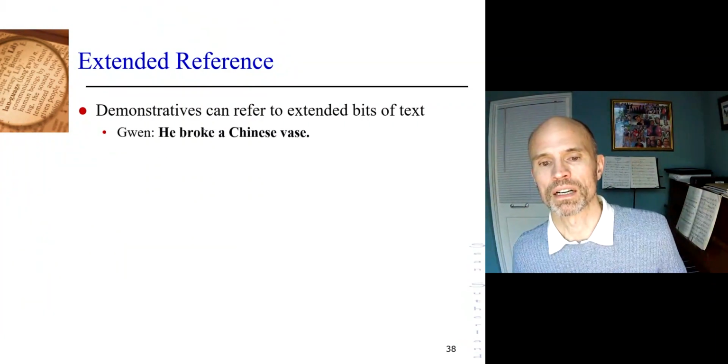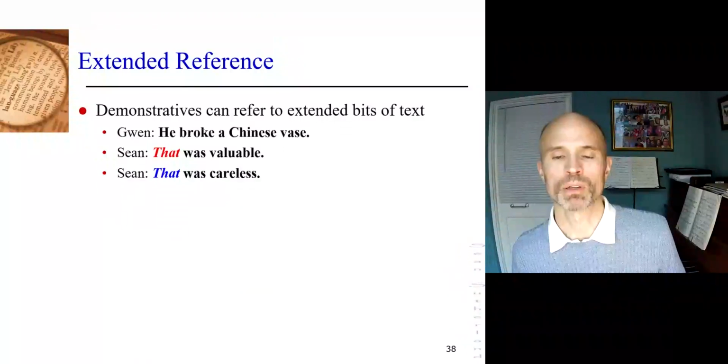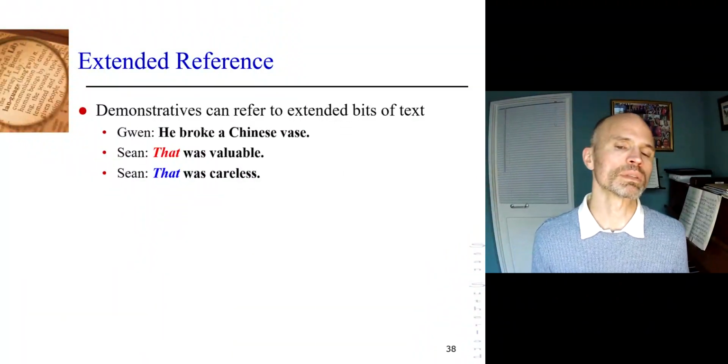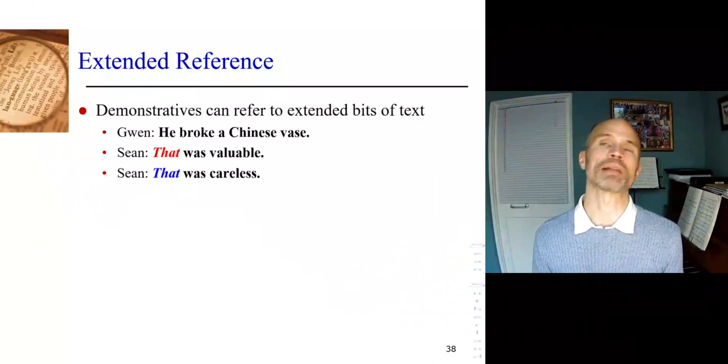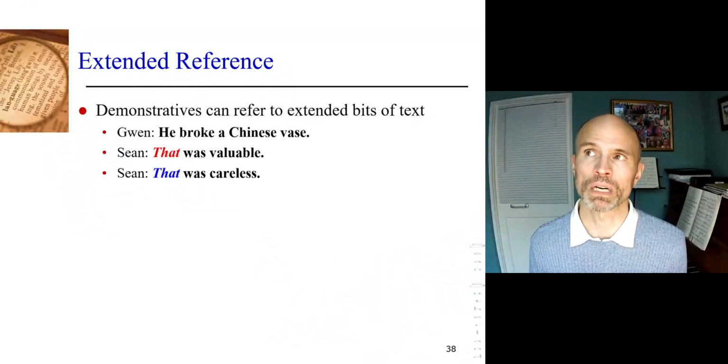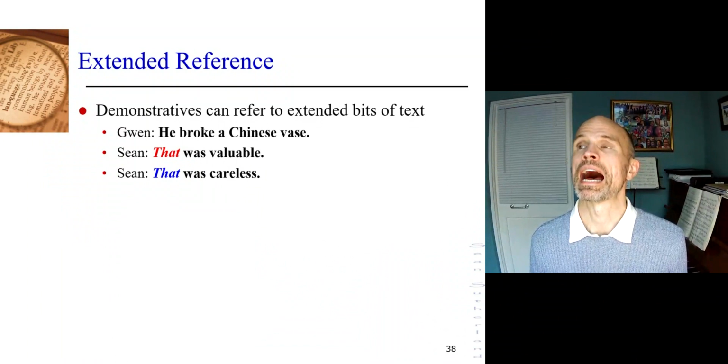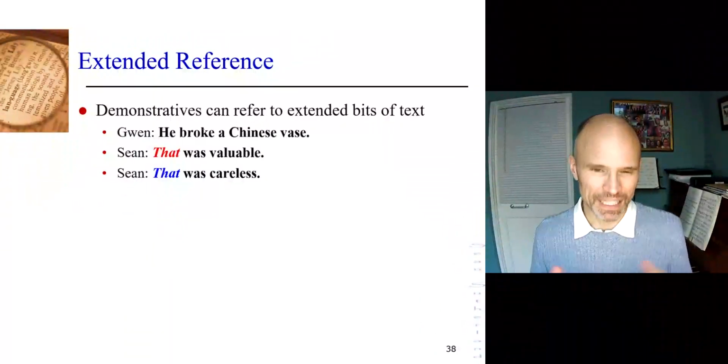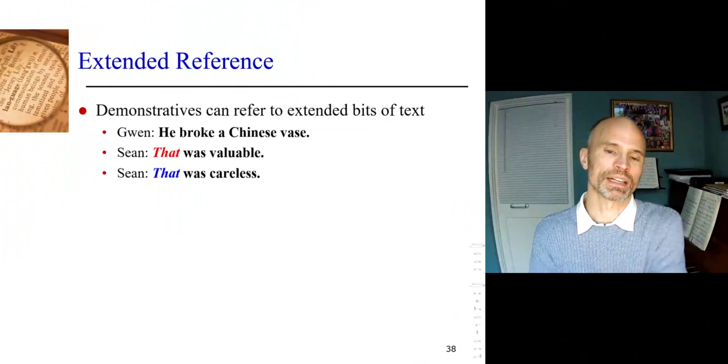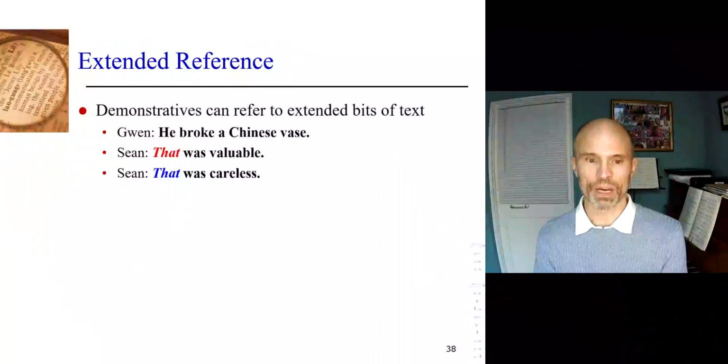He broke a Chinese vase, that was valuable. As opposed to he broke a Chinese vase, that was careless. What's the difference between red that and blue that? Think about which one refers to what, and then think about which one is actually the extended reference, right? And of course, you'll have it by now that